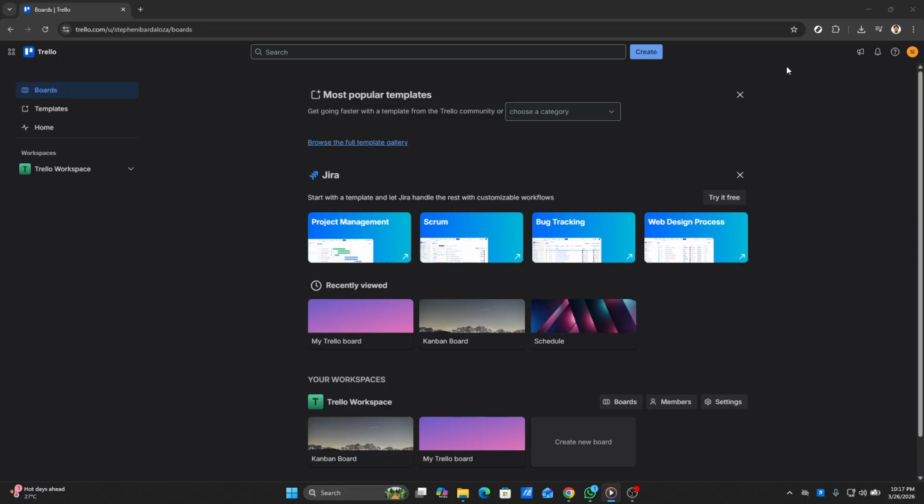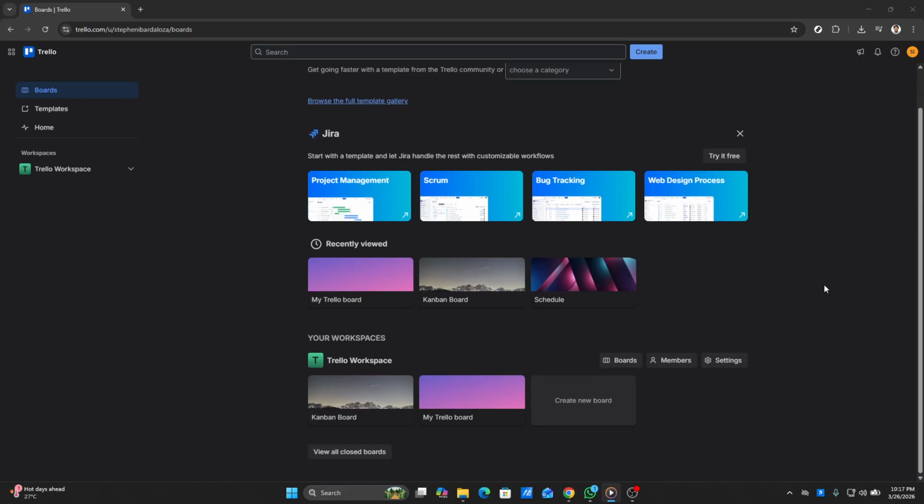Let's dive right in. Firstly, you'll want to start by opening your web browser and heading over to Trello's website. If you haven't already, you'll need to log in using your credentials. Once you're logged in, you should be directed to your main dashboard, where you can see all your existing boards. From here, look for the Boards option. This is where all of your Trello boards are housed, making it easy for you to manage and organize your